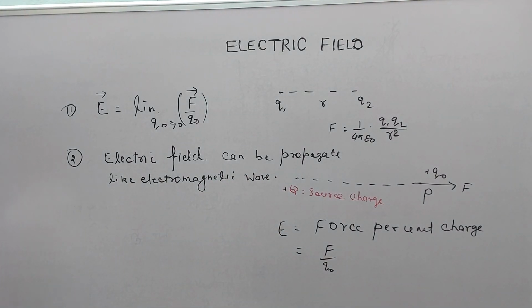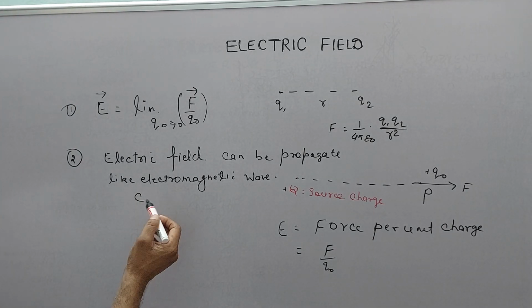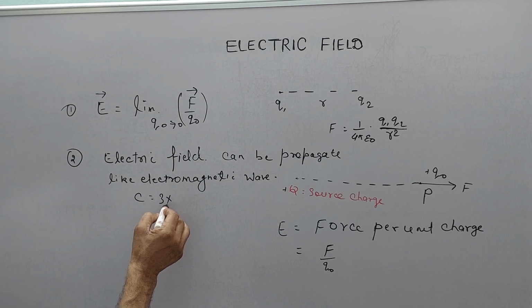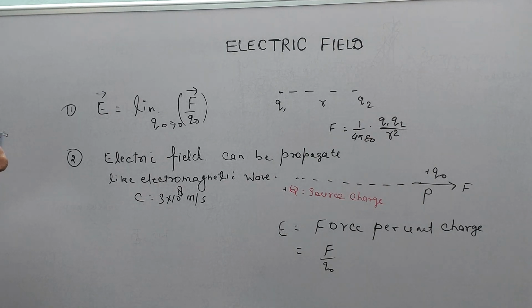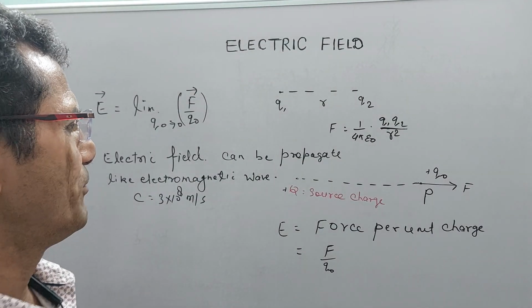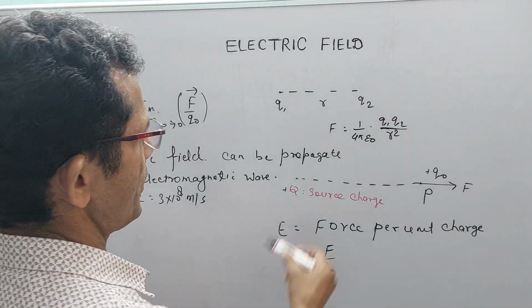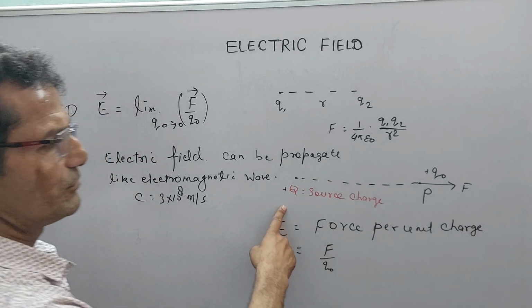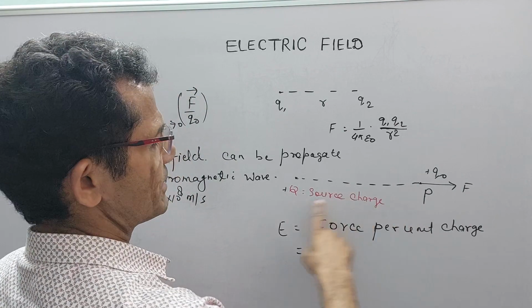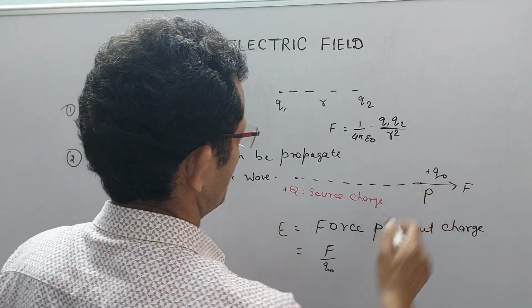So we know that waves have a speed of light. Speed of light, or electromagnetic wave speed, is approximately 3 × 10^8 meters per second. So what is the effect when we displace Q? Suppose this is Q naught, and when we place the source charge Q here and bring Q naught here, the force applied, suppose the distance QP is R,